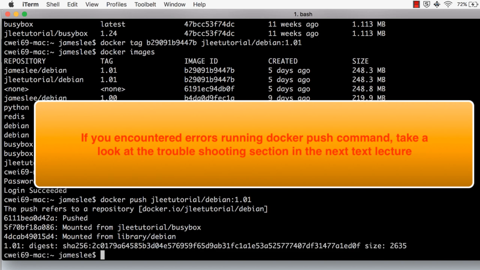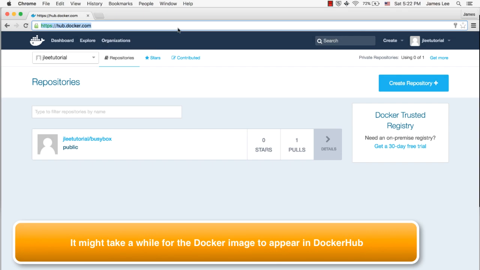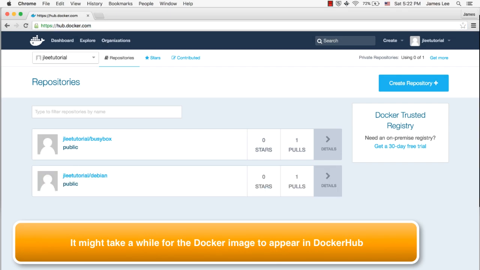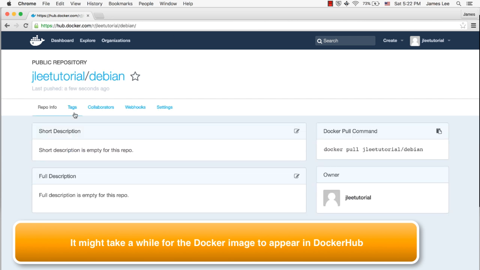This is what you will see if everything worked out successfully. Now let's go back to our Docker Hub account and refresh the page. We can see the new image appears under my account. Now we can click the image and check the image details, such as image